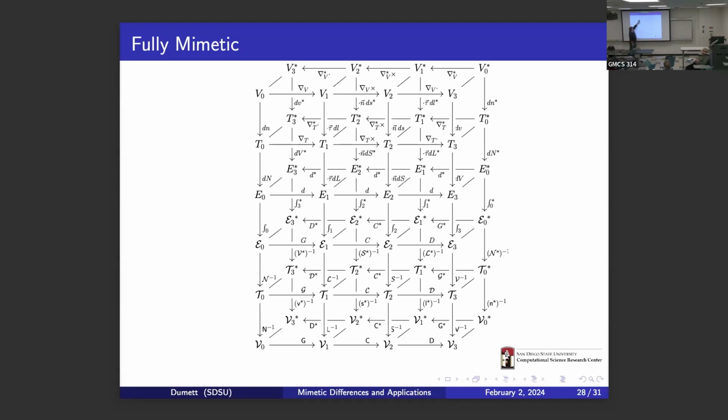And also I forgot to mention these diagonal arrows, which are the Hodge star operators that relate one particular dual space with one of the primal spaces. But again, there is a lot of mathematics here. We are not yet there. We are trying to see how to embed our method in this, or modify it or adapt it. Let's see how it goes. But we're working on that.